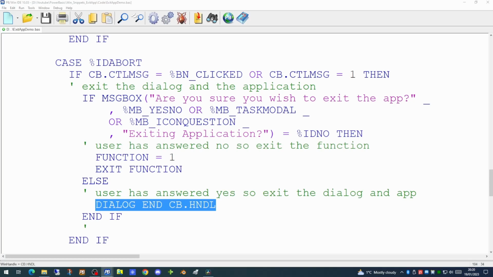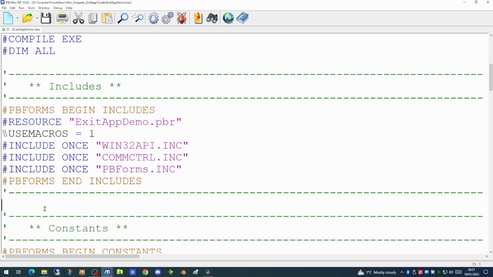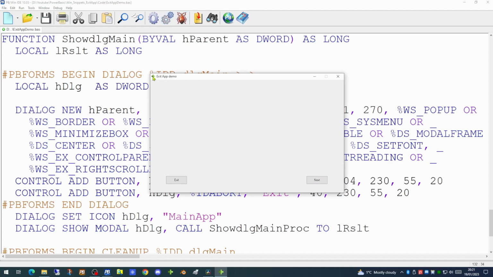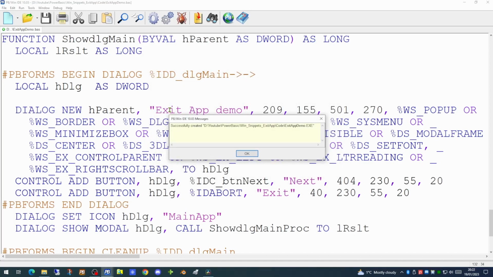Additionally, I want to put an icon on the dialog itself. So at the beginning of our application, I'm going to put a resource icon command in. This is going to load a single icon called add. And in the dialog definition, we're going to add a single line of code in to add this icon to the dialog. If we run the application now, we'll see that our dialog now has an icon. If we right click on that icon, there is also a close function, and there is a keyboard shortcut of Alt F4. If we click on that, it will also end the application. So we need to tackle that as well.